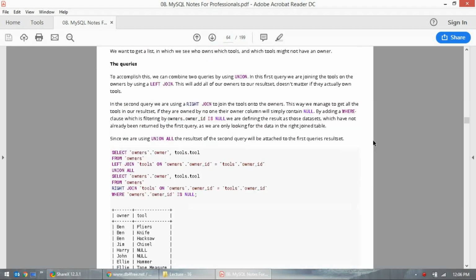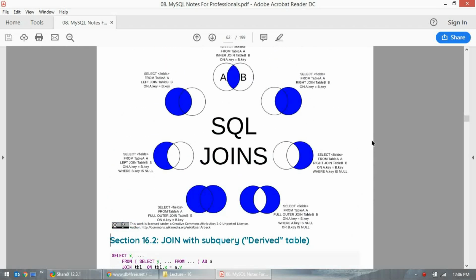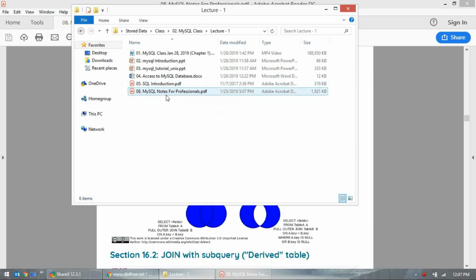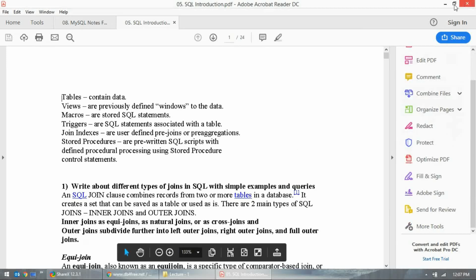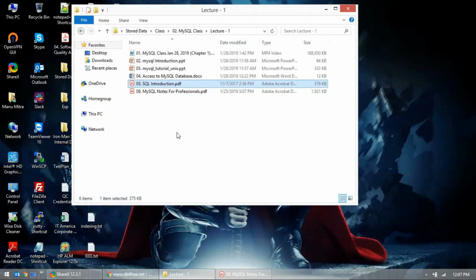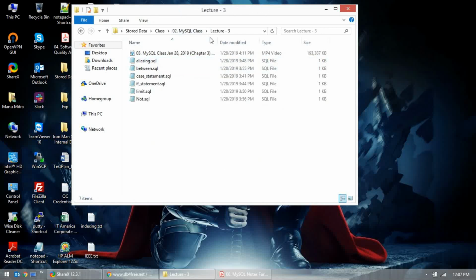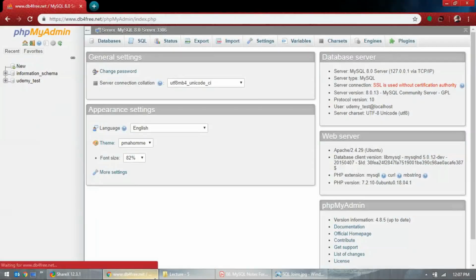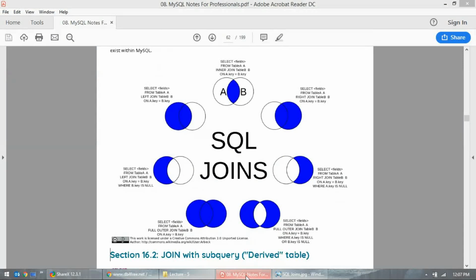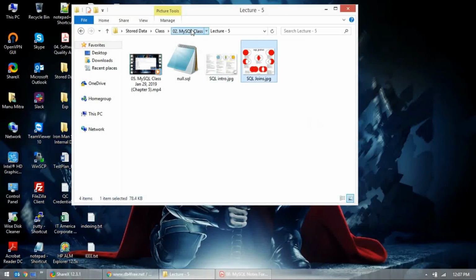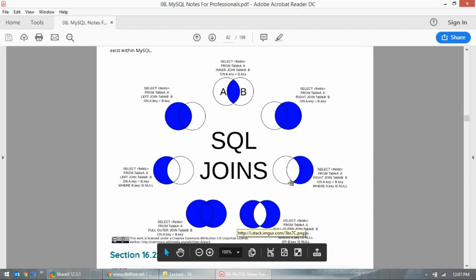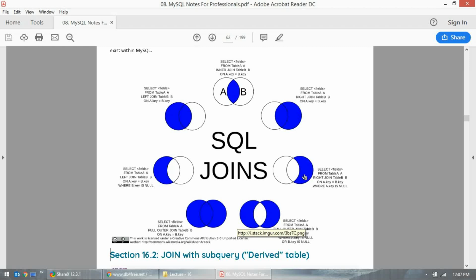Okay, so joins. We have a little bit of this handout, right? Remember, I actually put it in the first class handout. You can go through this introduction, but in this class I have put some handout for our joins. Yes, where is it? SQL joins. So it's the same thing, what we are discussing here. They showed the join before, but it's supposed to go sequentially. So here you have